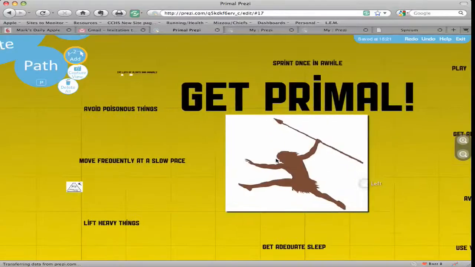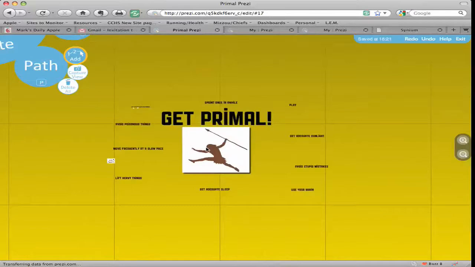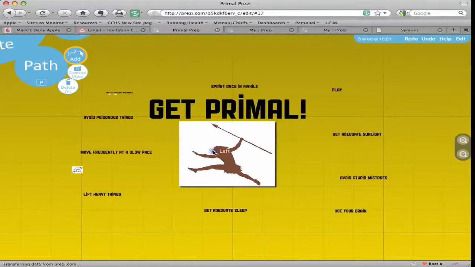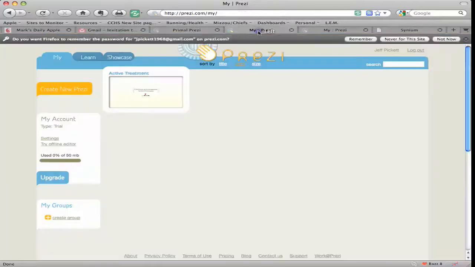And I'm hoping that by sharing this, everybody would have access to it. You can establish a free account with Prezi. The file can be up to 100 megabytes, if I'm not mistaken. So if you want to be a participant in helping put together this Prezi and kind of helping rewrite the book, so to speak, I hope we're not violating any copyright issues here, Mark. If we are, please let us know. But just go to Prezi.com. You can establish your free account, and okay, I guess maybe it's 50 megabytes. So we want to keep it mostly text driven.